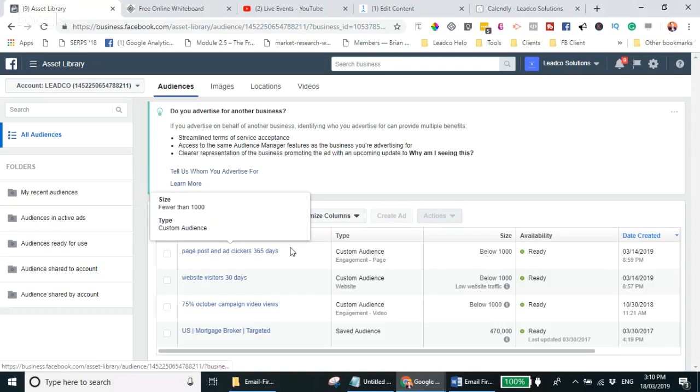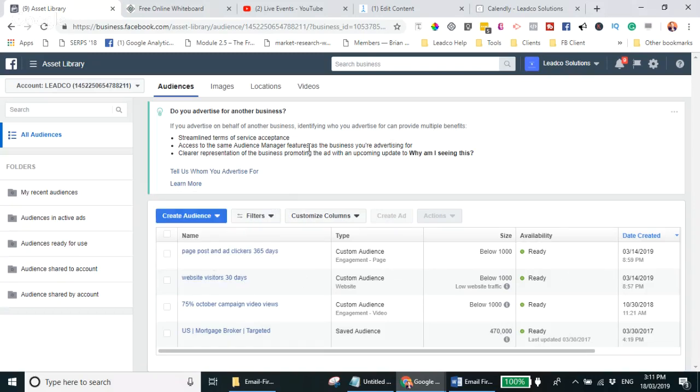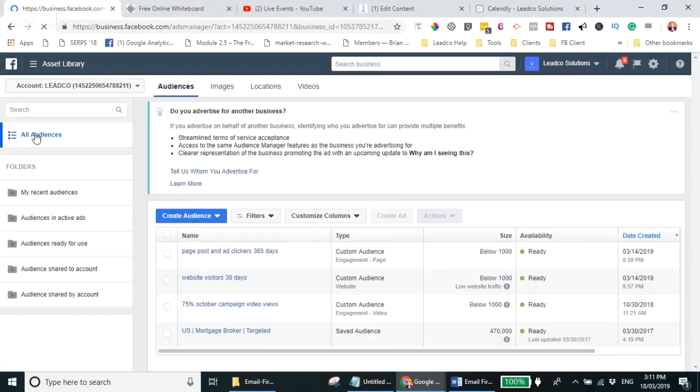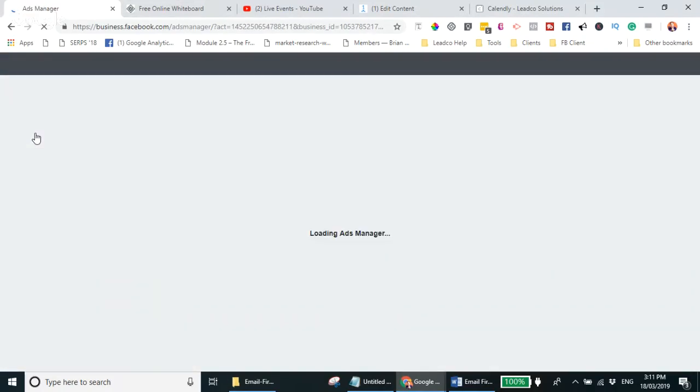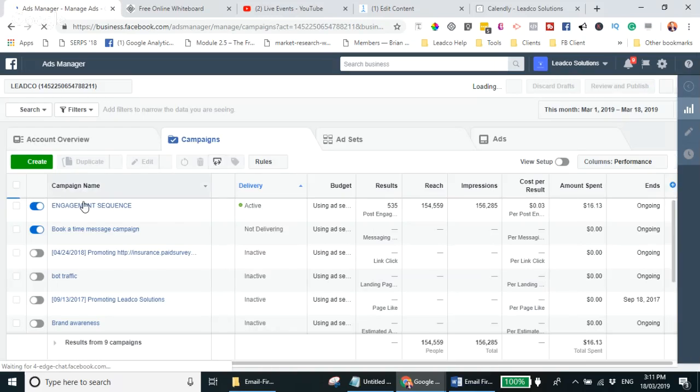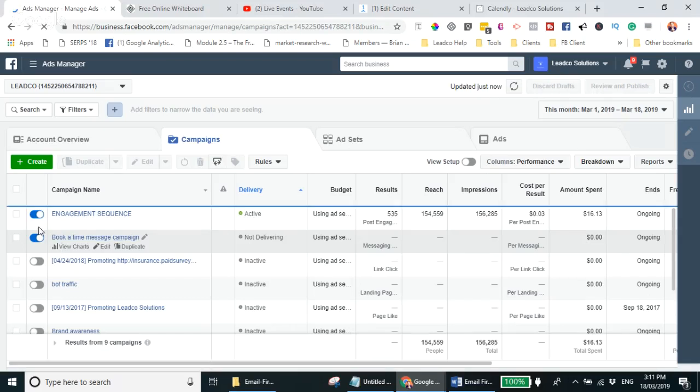I don't really care. But what I did there is basically put up people that have clicked an ad or anything on their Facebook page over the last, well, in this case, 365 days. I wanted a big chunk of data if I could. And that's a rolling figure as well. So from when I set it up to basically a year into the future, it's going to keep collecting data on the people that have liked either my page or a post on my page, or in this case, an ad. Okay, so the second part, and I haven't even got this up and running yet,